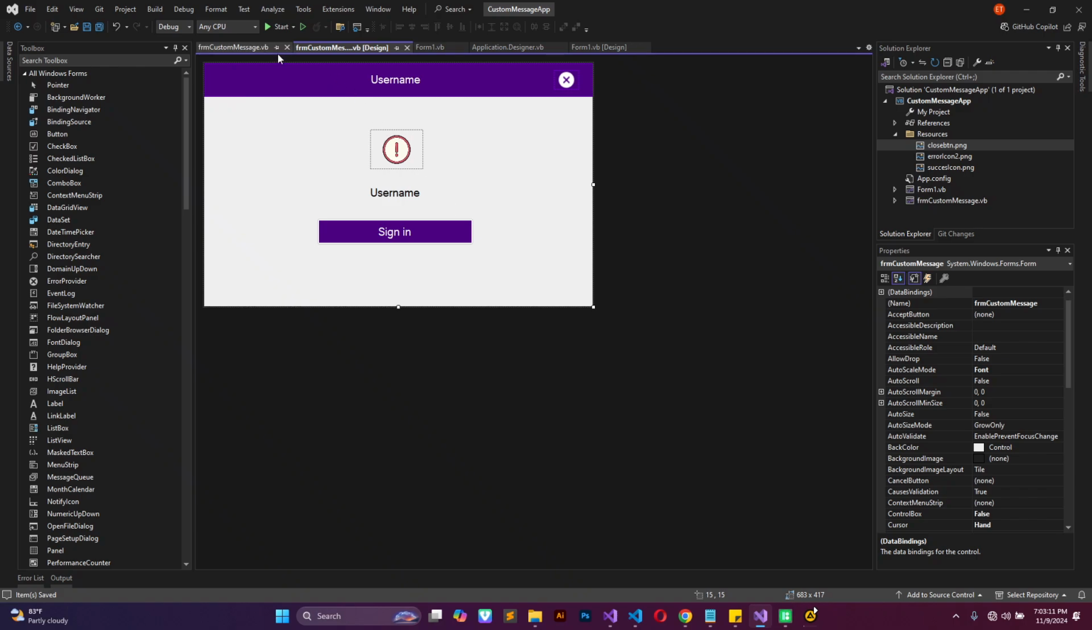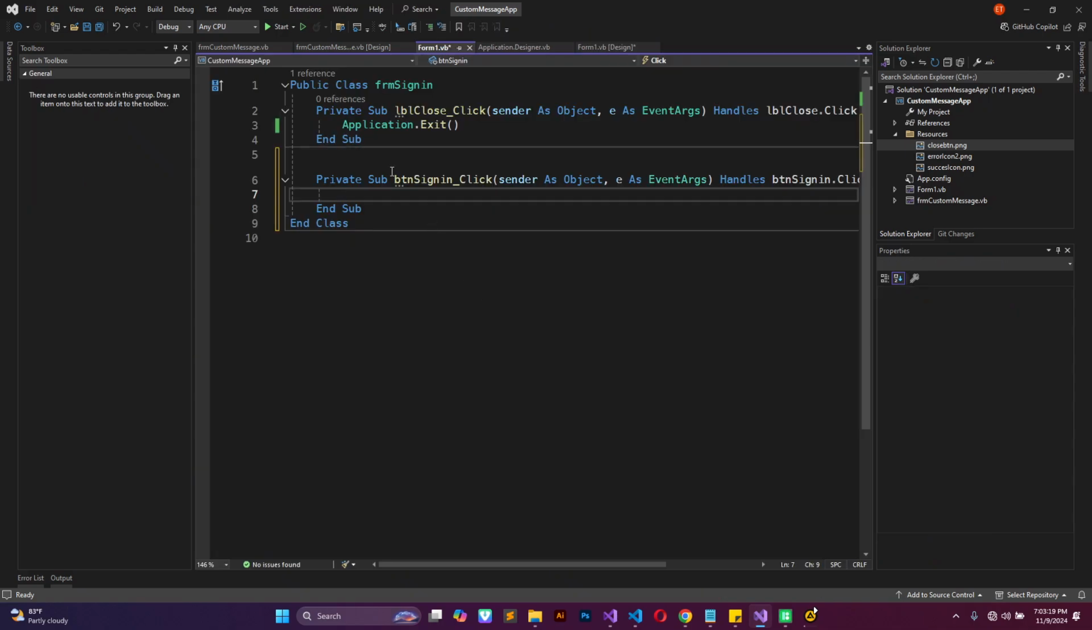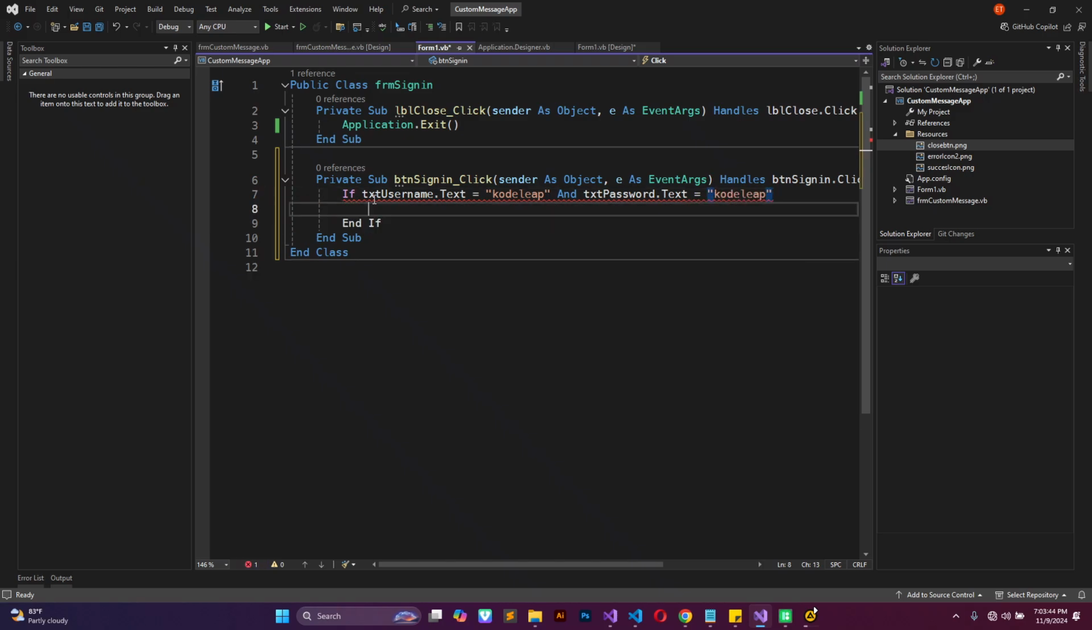Now let me go back to the sign in page. Double click on the sign in, and I'm gonna do something. Say, if txtUsername.Text equals, let's say, codeleaf, right? And txtPassword.Text equals the same, right? Then what do we do? I'm gonna say that